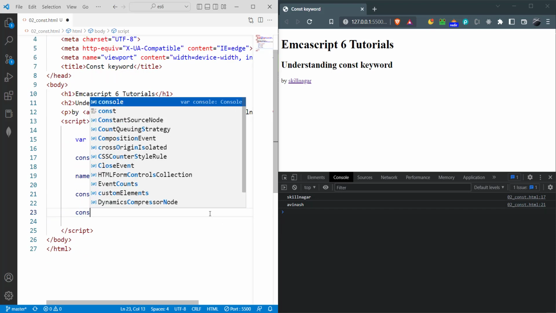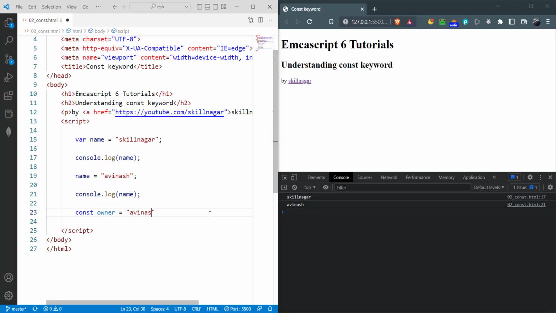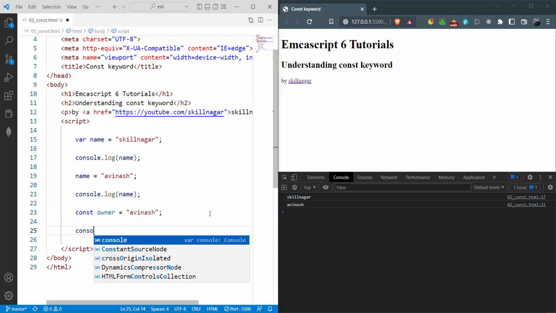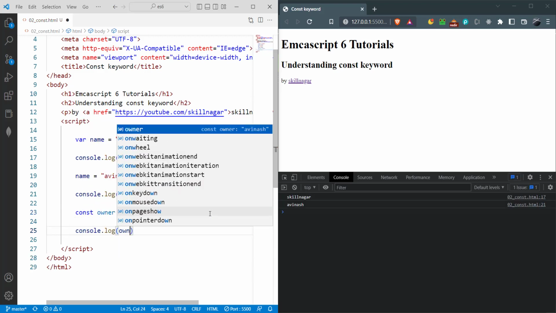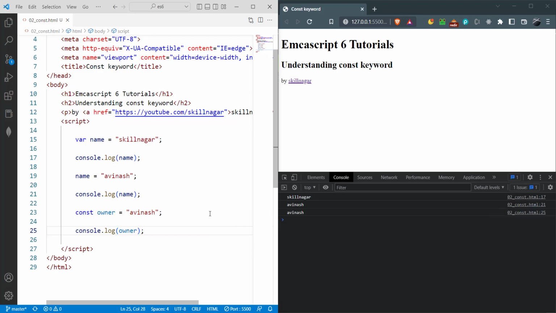So I'll say const owner equals Avinash, console.log owner. So you will see the value. I'll keep it as Avinash so that it gets differentiated. But can I do this now? Owner